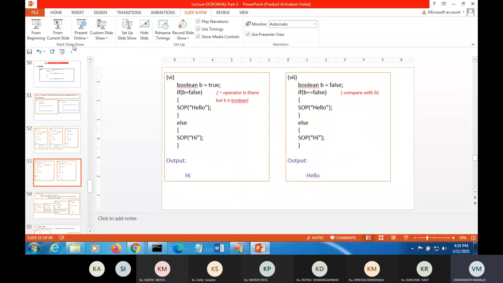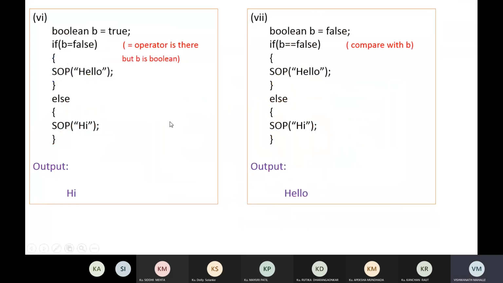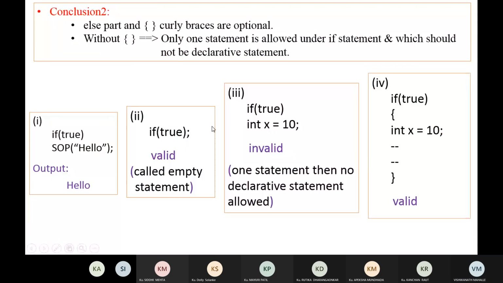So similarly here, same example I have written. B is equal to true and B is equal to false, then hi will be displayed, and if false, then this is correct, then hello will be displayed. Okay, so the else part curly braces and the if part curly braces are optional.